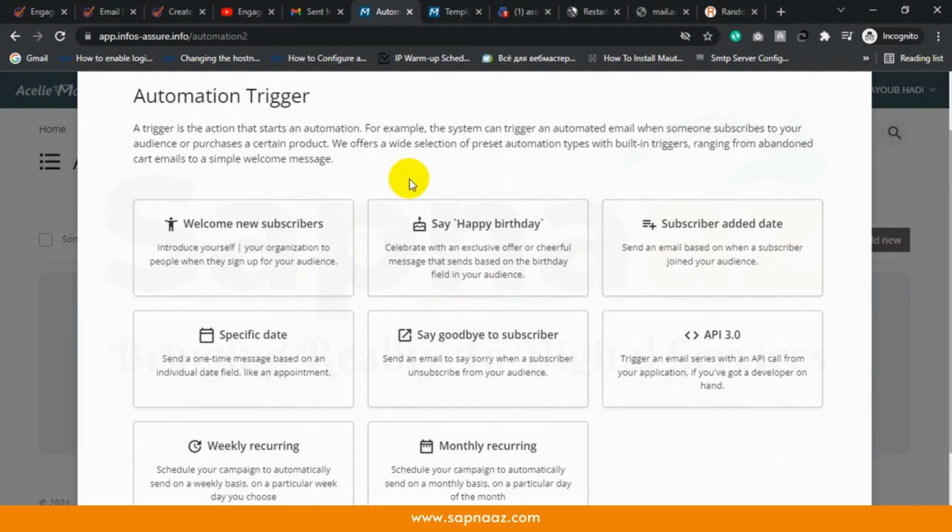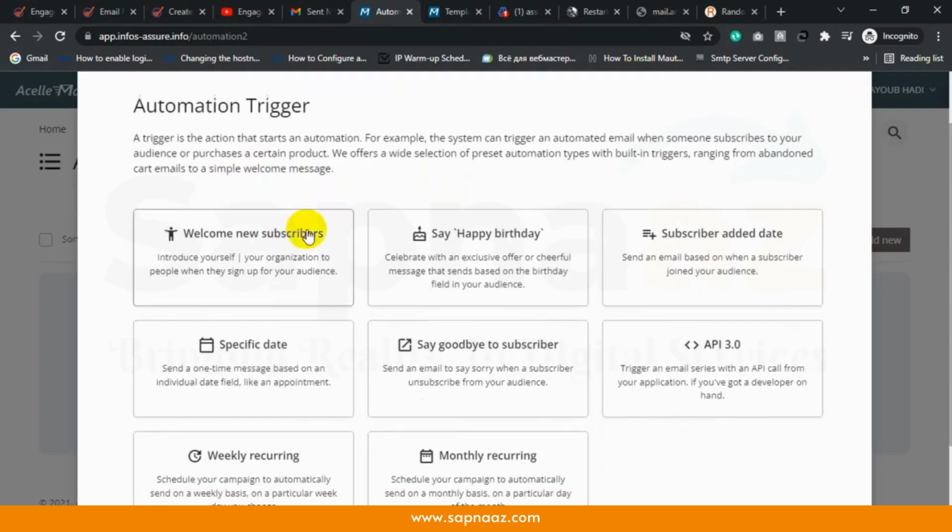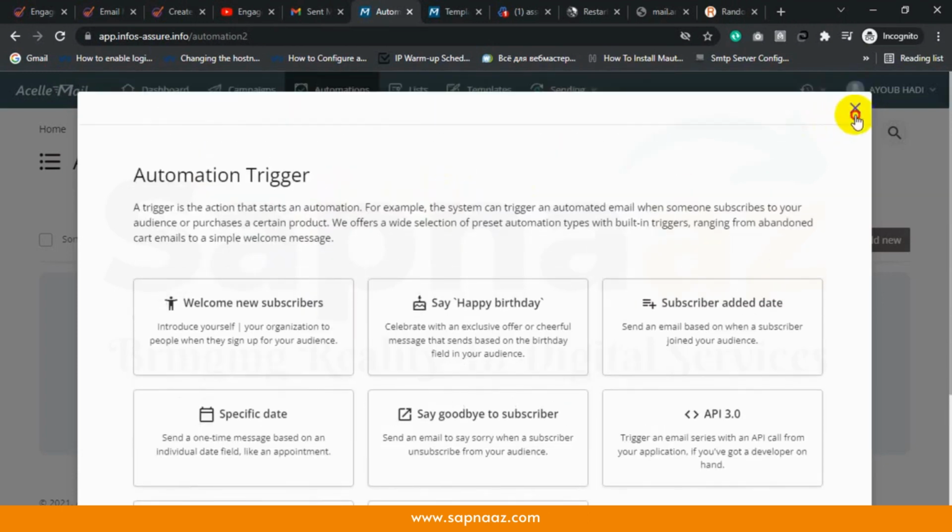At the beginning of the first day your email will be delivered, then after 2 days later you can send another email campaign. So everything will be automated here. If you select automation trigger,